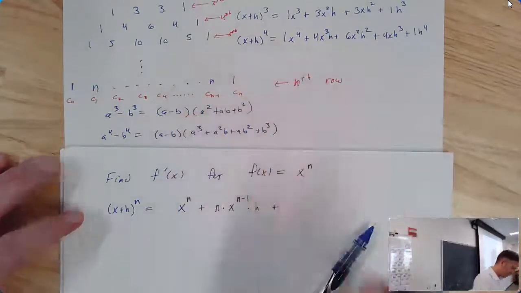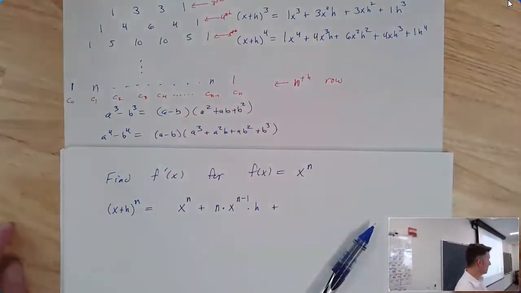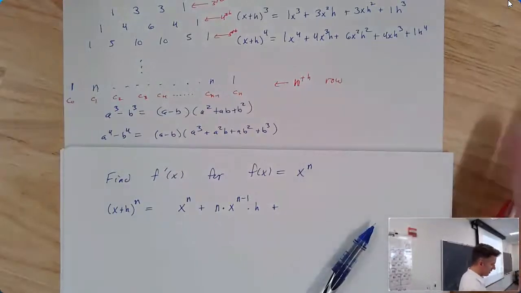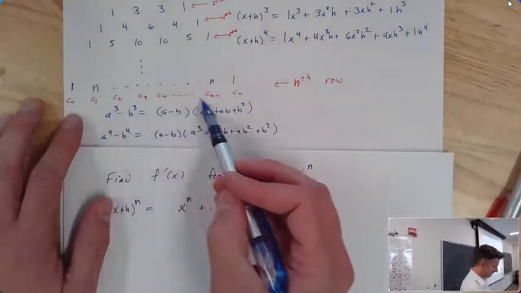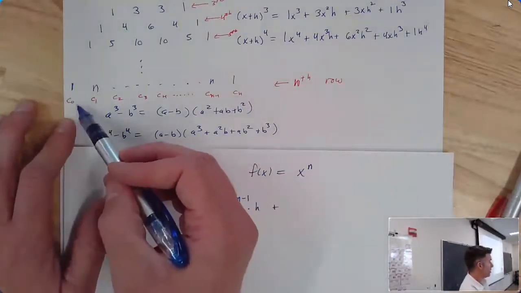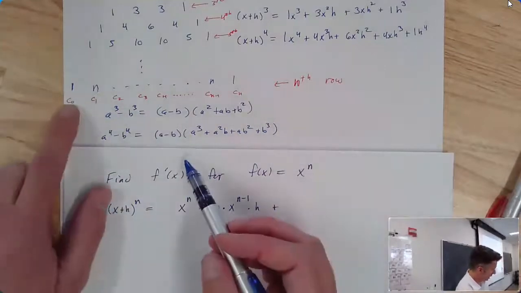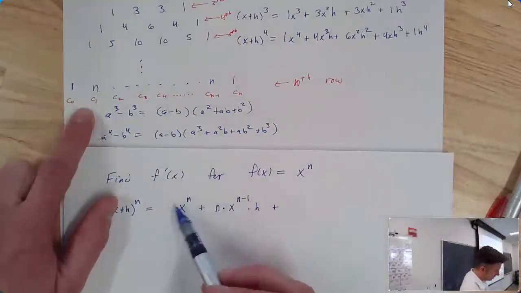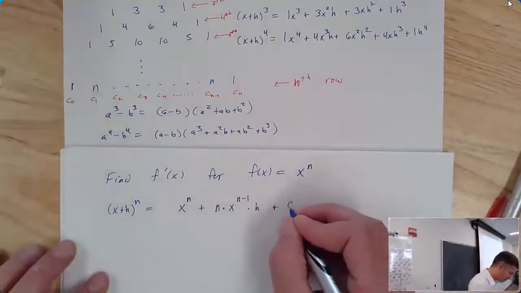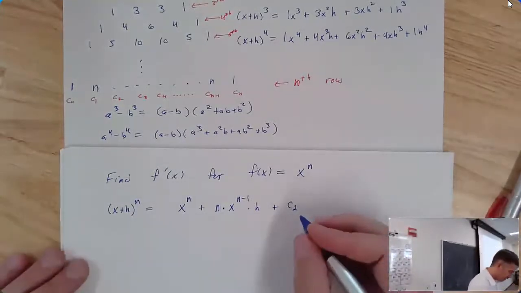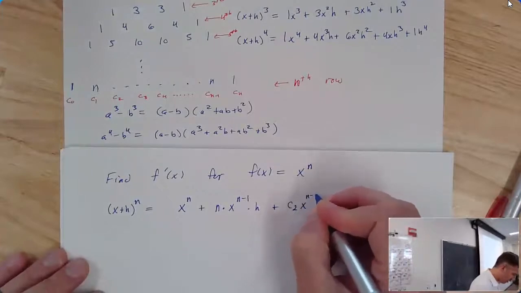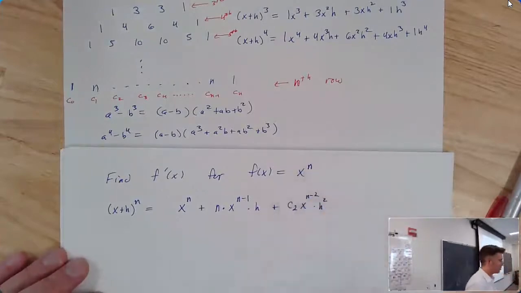Right, I could give the constants those names with subscripts. It's a very standard way of doing it. If there are n plus 1 things here, because there's 1, 2, 3, 4, 5, 6, 7, 8, 9, up to n, and then there's this other one here, n plus 1 of them. I'm going to call them that. So I know that the 0th one is 1, the first one is n, and I'm just going to call the next one c sub 2. I know there's some number, it's a constant. I don't actually care what it is, so I'm not going to figure out what it is. And it's going to be multiplied by x to the 1 less power times h to the 1 more power. And then we keep going